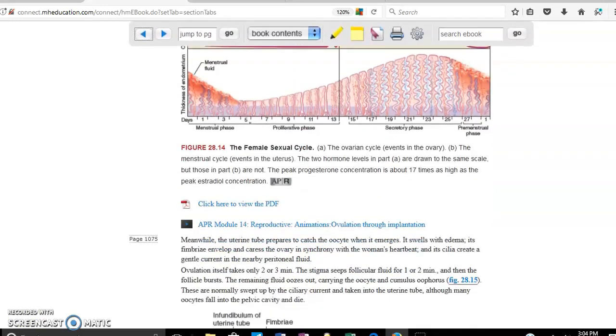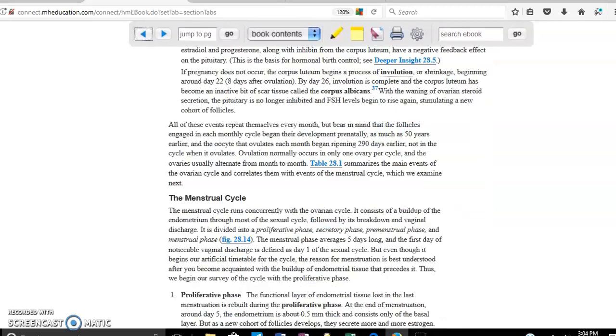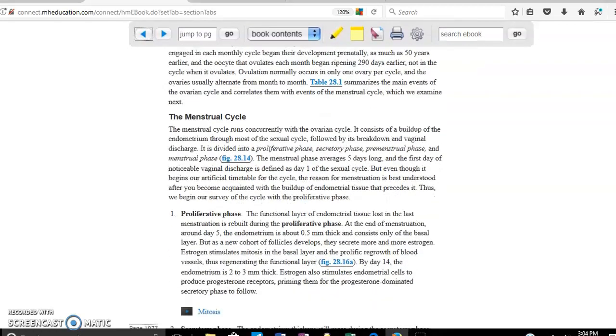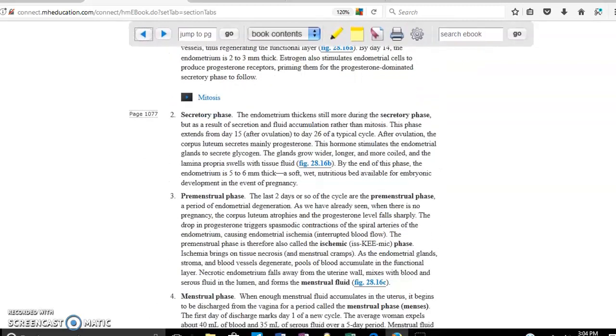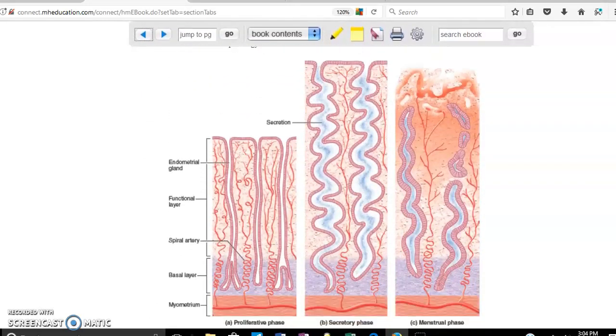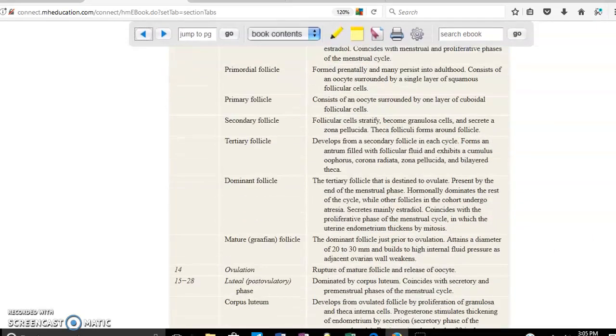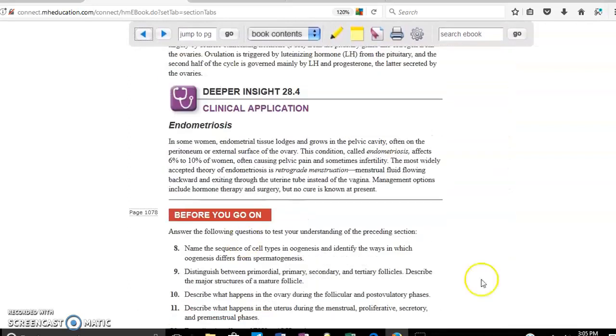If we keep scrolling down, we see the ovulation and menstrual cycle, which we covered. The first part is the proliferative phase, then the secretory phase, then the menstrual phase. And here you have a drawing showing what happens. Proliferative phase, there's basically nothing, it starts growing. Secretory phase, in here you have a lot of blood vessels and a lot of secretions that are going to be available and ready in case the female becomes pregnant. So the future baby, the embryo, is going to be able to get blood and nutrients in order to start growing. If the female does not become pregnant, then everything gets lost through the menstrual period, as you can see right here. If we keep scrolling down, there you have the days of the month, basically everything that I just mentioned. And that's it for this part.